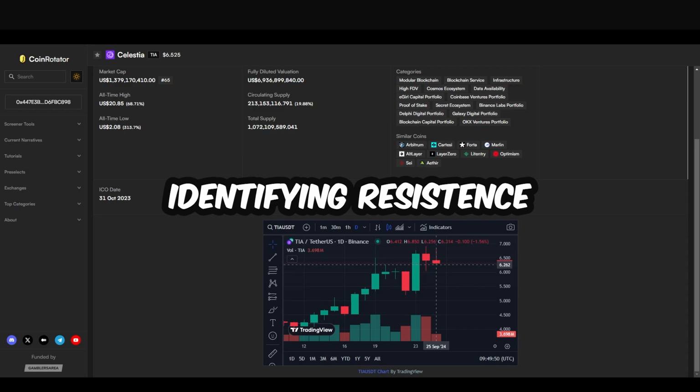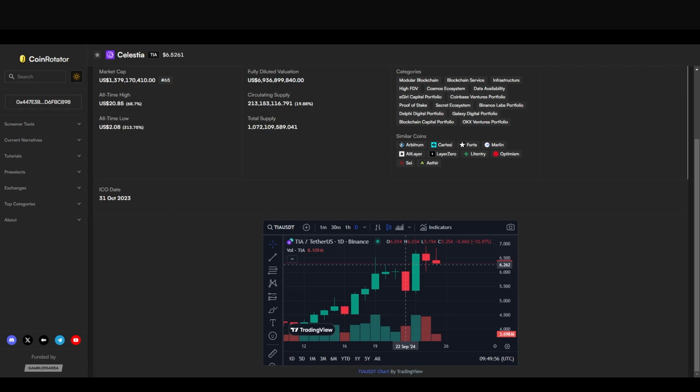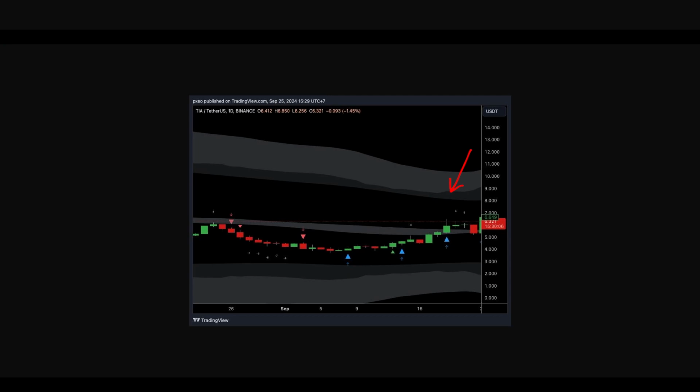So that's one way you can take profits, but that's a very active way which requires a lot of discretionary thinking. Another way is simply to take half at the upper band of the indicator. So if you can show that. When price would touch, what is that, about $8, which is insane, but I don't think it's that far off. TIA is an extremely volatile coin, has very low supply currently on the market,